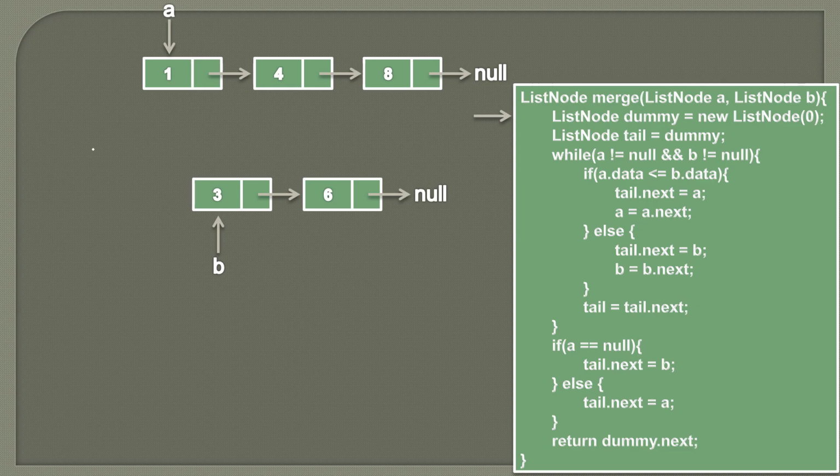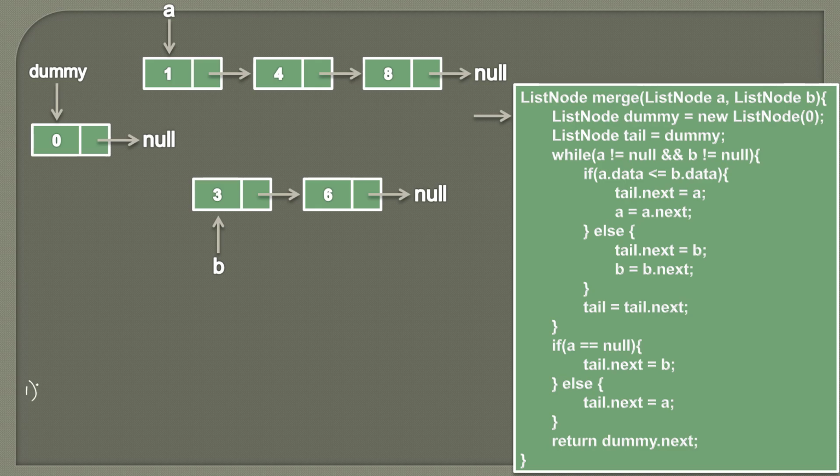So at the start what we do is we first create a dummy node. So this dummy list node will refer to a list node on the heap with a value of 0. So this dummy list node can have any value. This value doesn't contribute to our algorithm, so we can provide any value. So it would look something like this. The dummy is on the stack and it is referencing one list node in the heap memory having value 0 and next pointing to null. So this is a concrete object in the heap.